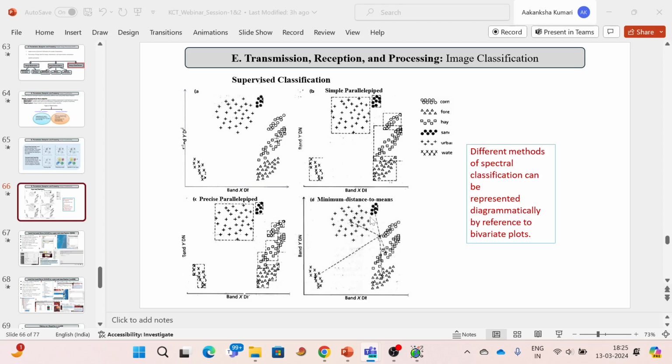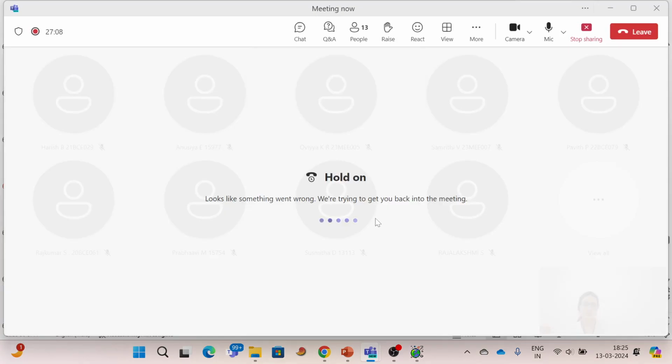For each cluster it calculates the mean, and for the training set, it checks which cluster has the minimum distance to the mean of the training input. Okay, so through this,